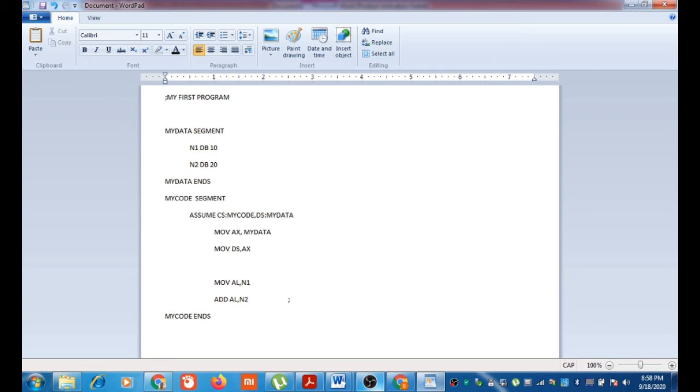Writing a comment, this will do AL equal to AL plus N2. The result will be stored in the AL register. So now the sum is in the AL register.